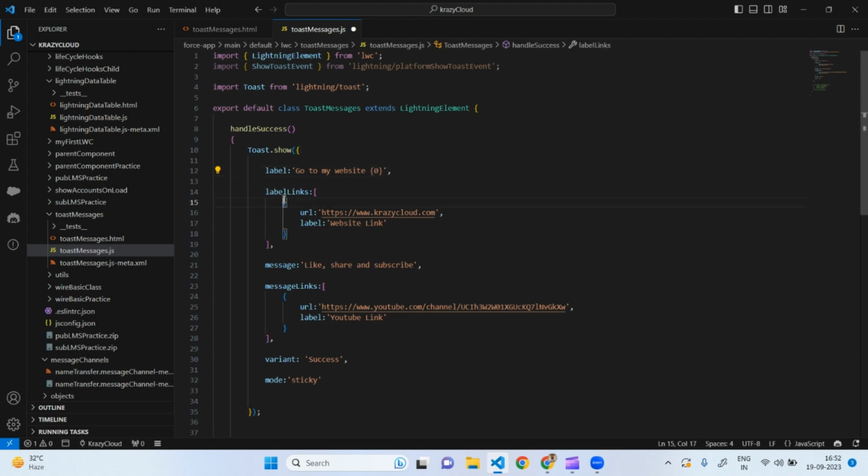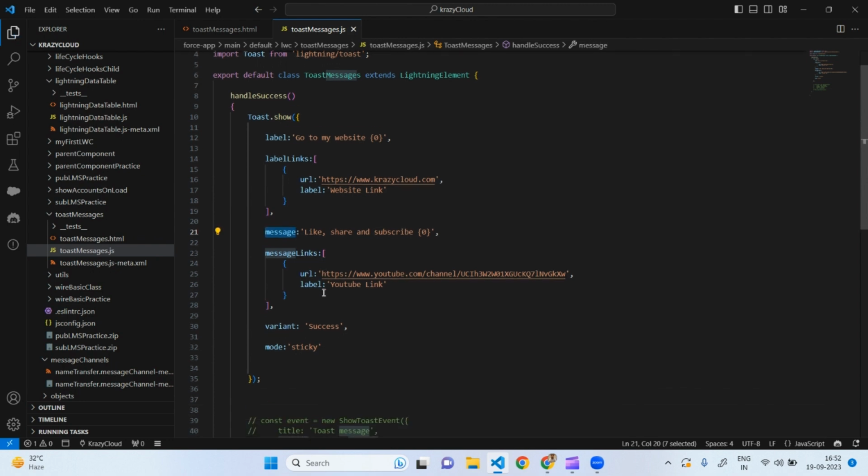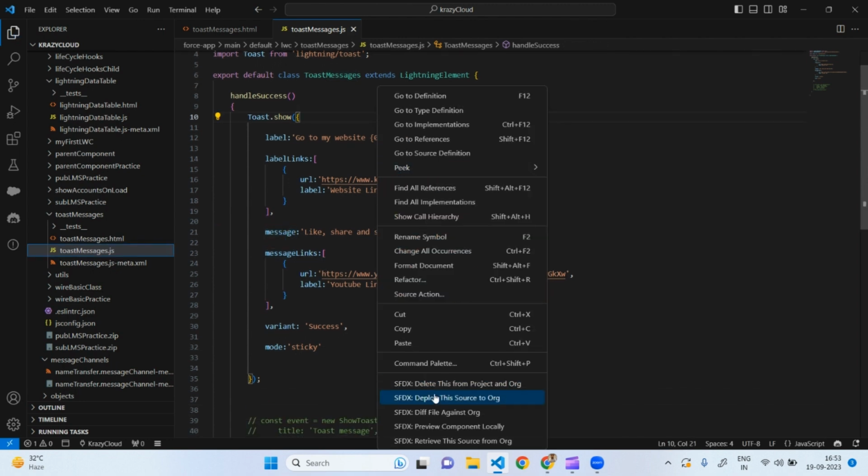Right, so list index starts from 0. This is the zeroth of the labelLinks. The same way, this is the zeroth of messageLinks. Correct? Here again, just pass this 0. So here you see that this 0 is of labelLinks because it is used in label. This 0 is of messageLinks because it is used in message. Correct? So let's deploy this component